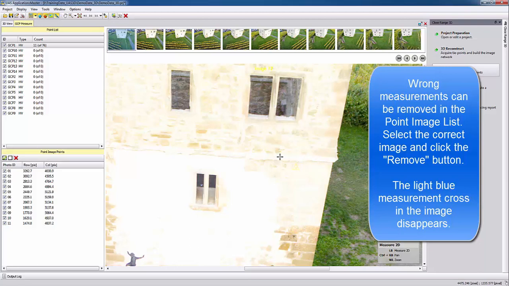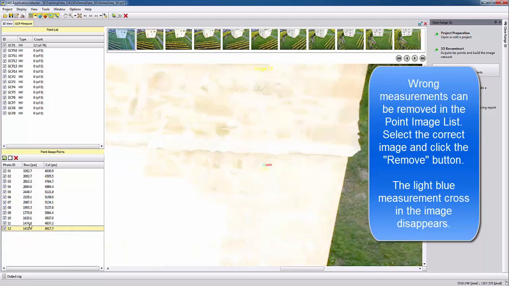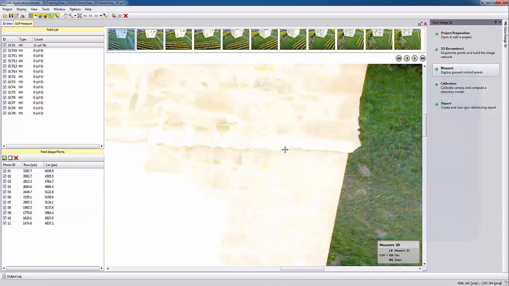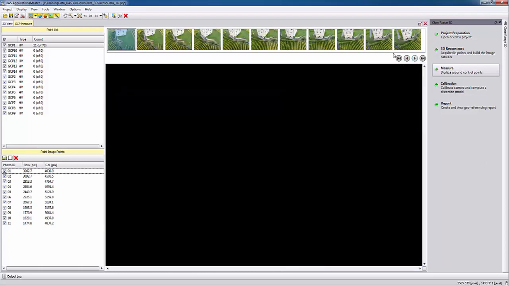In case you do click by accident and you measure here something, you can see here in the lower left side that in photo, in this case 12, the measurement was taken. You can select it here, and you can here remove this one single measurement without deleting the other 11 measurements you already have taken. We can now look at the image stamp database and navigate to the next bunch of